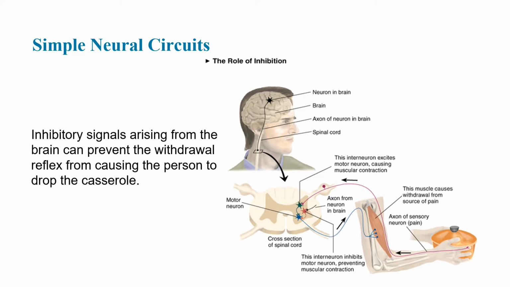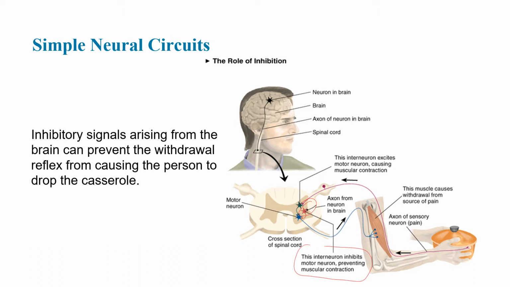So you have the stimulus that causes the reflex, normally you reflex from it, you pull your hand away. But if you are actively inhibiting, inhibitory signals arise from within the brain and can prevent this withdrawal reflex from causing a person to, in this case, drop a casserole. When the brain knows that you're about to touch something hot, you override this reflex. And that is, if you can see it in here,